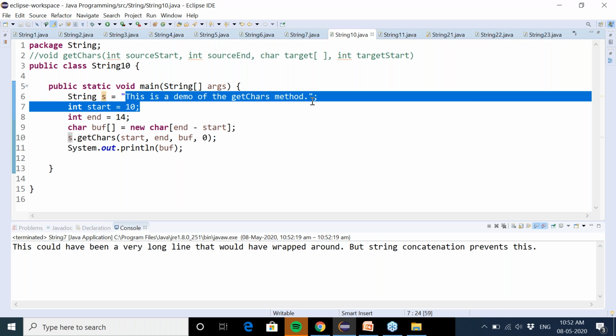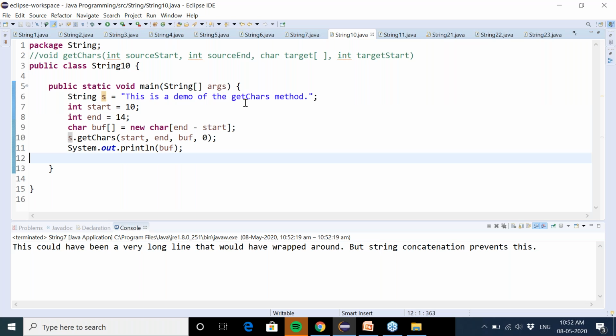For that, you have to mention first the source start and the source end. If I want to retrieve "demo", let's find its start index. If we count from the start, t is at index 0, h is 1, i is 2, s is 3, space is 4, i is 5, s is 6, space is 7, a is 8, space is 9, and d is 10.